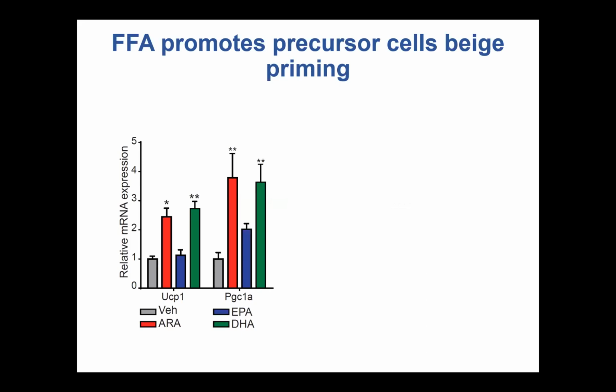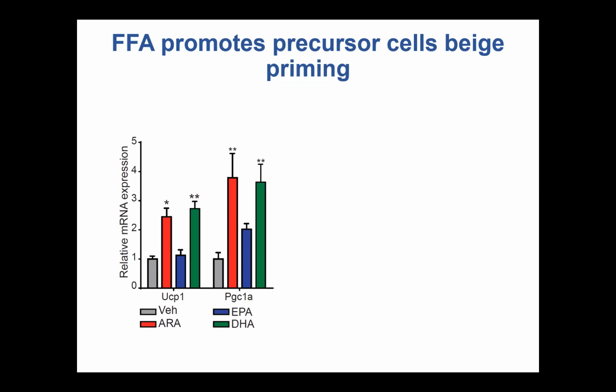So the pre-treatment with arachidonic acid and DHA actually was able to induce browning. We didn't see any effect for EPA, but this suggested to us that free fatty acids that are released in response to beta adrenergic stimulation are able to prime those progenitor cells, SM22 positive cells, to the beige lineage. So to confirm in vivo that lipolysis is implicated in these pathways, we decided to take mice